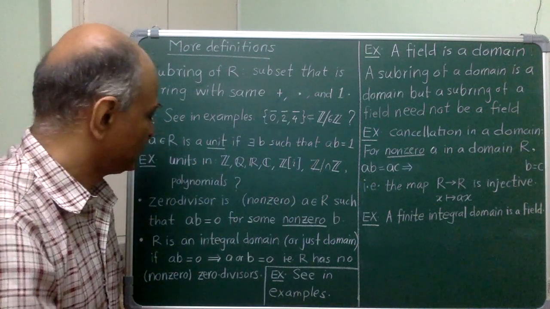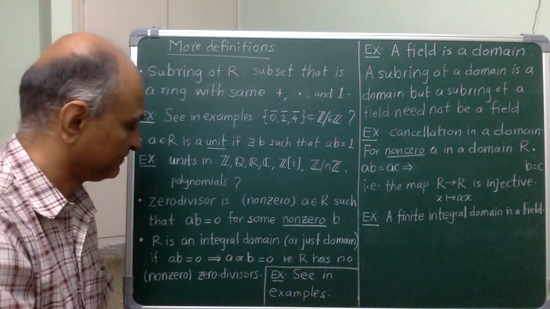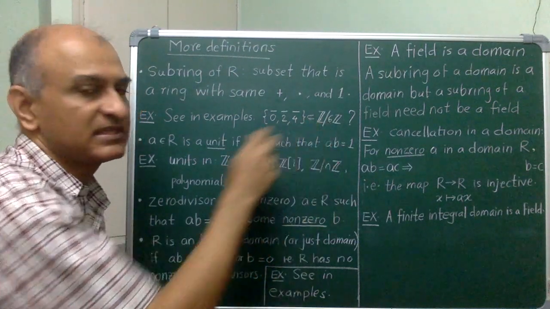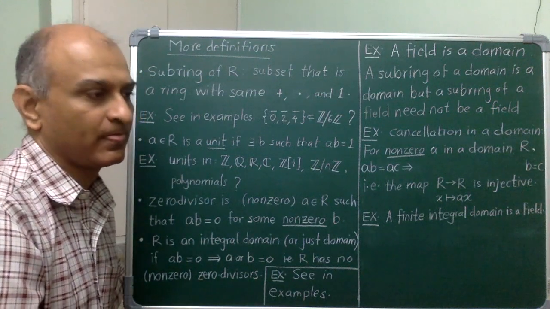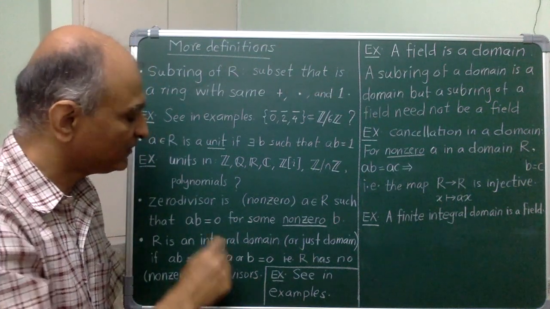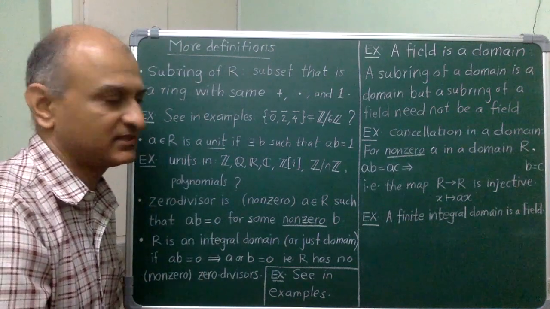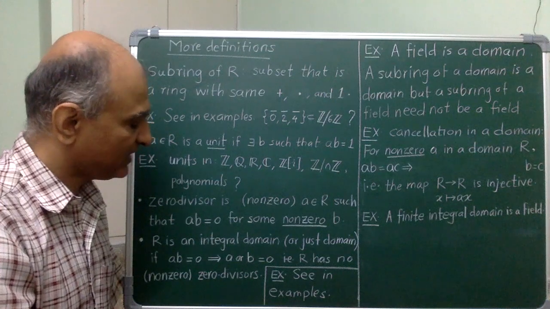Okay, so our next notion is of a zero divisor. For example, in the ring Z mod 6Z, 2 and 3 are non-zero, but their product is 0. So in a ring, if I have the product of two non-zero things to be 0, then I call them zero divisors. Formally speaking,